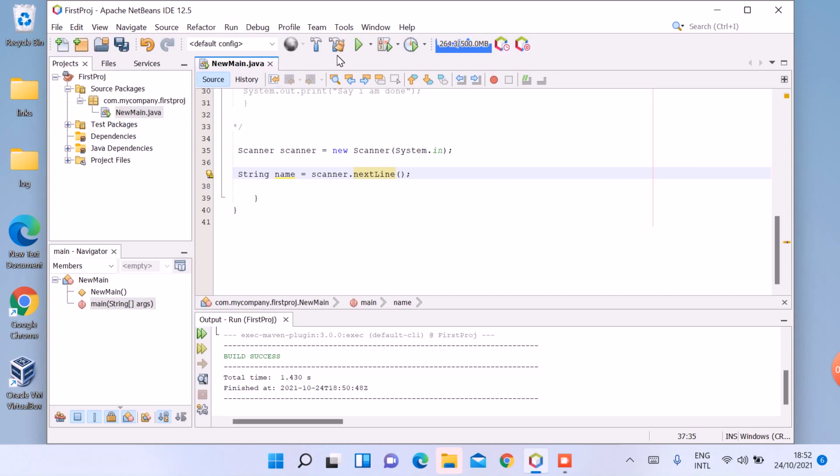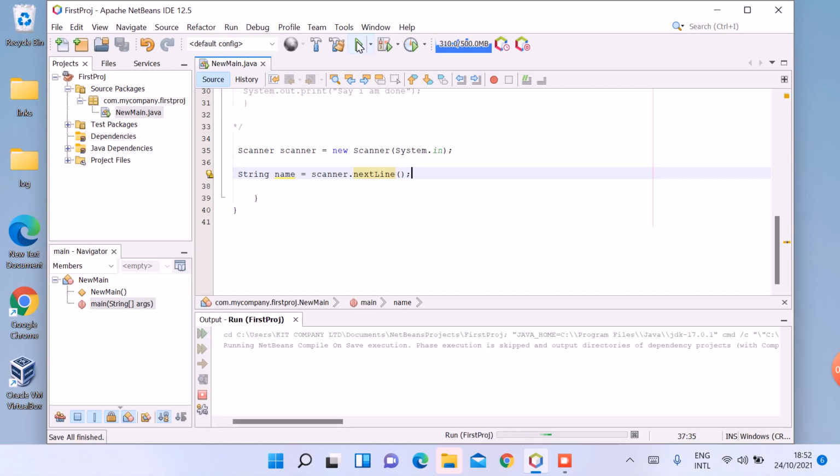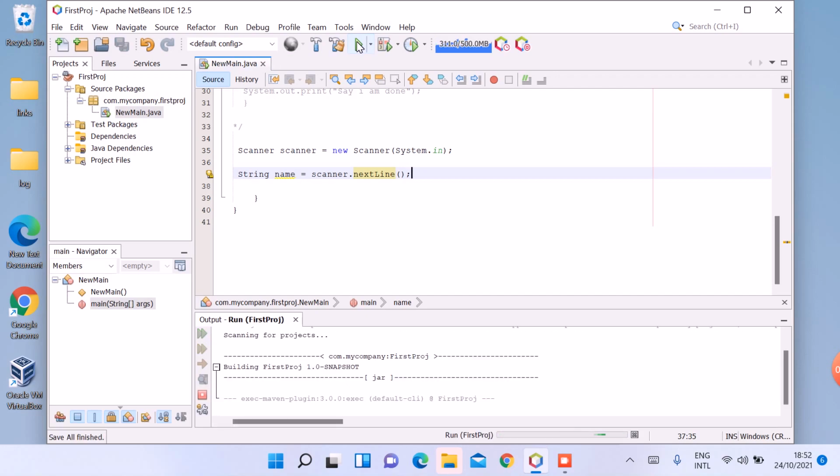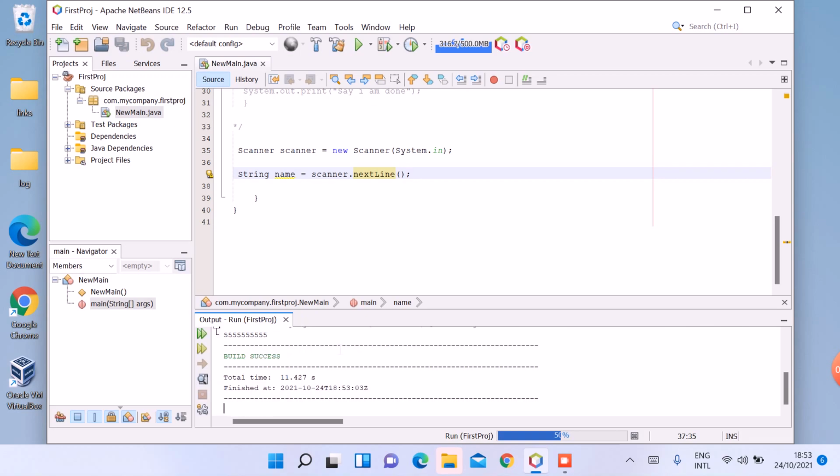So right now, if you run it, you are going to accept data from the user. So you can see scanner is requesting for data from the user. So I can type and press enter, and it has accepted the data. But let's make it a little bit lovely. So let's ask for the user's name. So we can just type